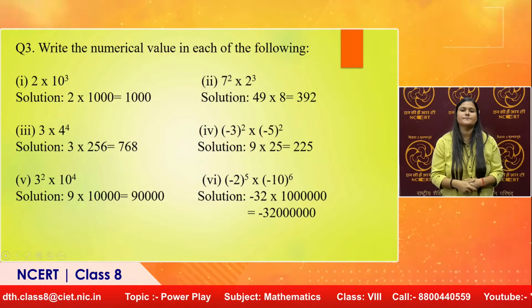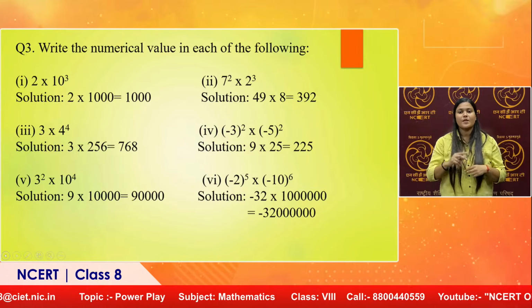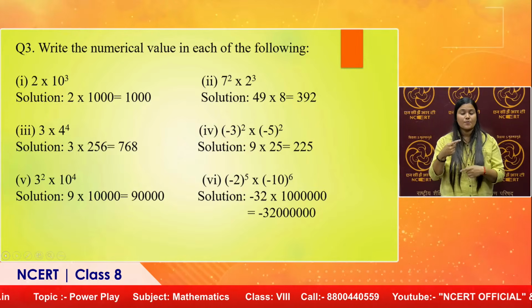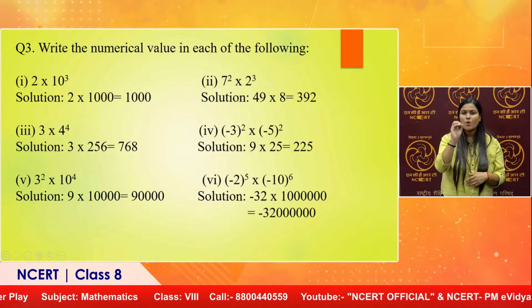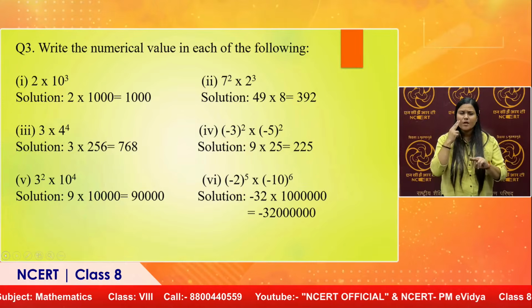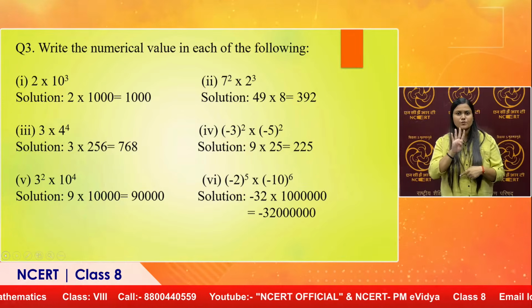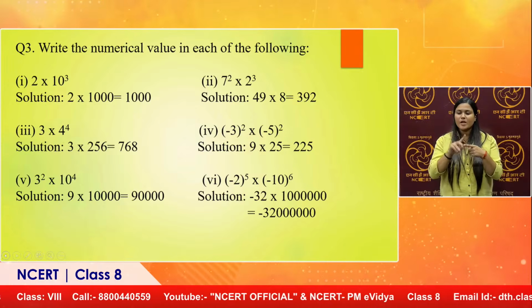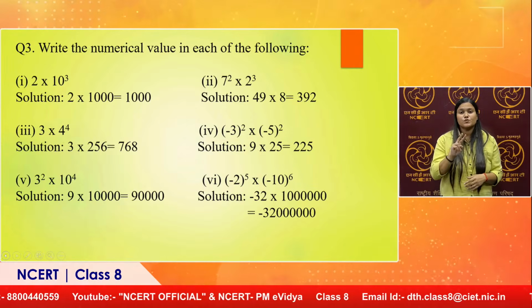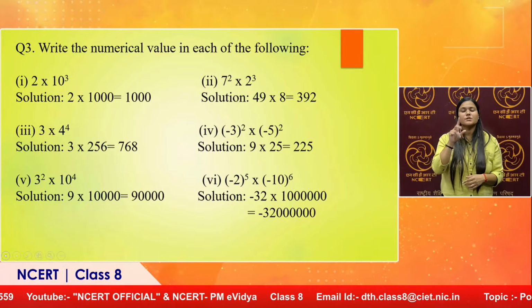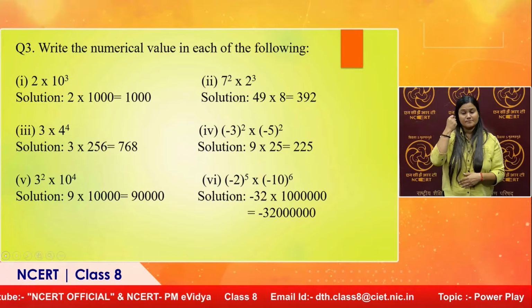Okay. Likewise, you see here minus 2 raised to 5 into minus 10 raised to 6, Shivani. See, minus 2 raised to 5. 5 is an odd number. So, if I multiply minus 2 into minus 2, it will be plus 4. And same way 4 into 4 is 16. But there is one more minus 2. So, 16 into minus 2 will give me minus 32. That means when I have an odd number as the power of a negative number, I will always have the answer in negative.